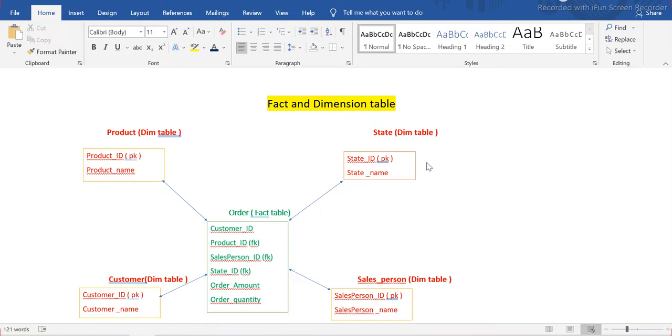When we talk about data warehousing, the database designing in the data warehousing world is altogether different. That is called dimensional modeling. Whereas when you design the database in an OLTP system, that is called the entity relationship model. But when we talk about data warehousing, it is OLAP, online analytical processing. So in dimensional modeling in an OLAP system, we have the concept of fact and dimension table, because fact